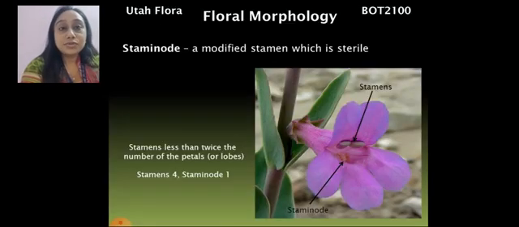After that, we have to know that not all stamens possess pollen grains. There are certain stamens which are sterile. They do not bear any pollen grains. Those kinds of stamens are called staminodes. Not stamen but staminode. So a flower may have some functional, fertile stamens producing pollen grains, and there might be some stamens or staminodes which are sterile. They are not producing any pollen grain. But it cannot be that a flower has all staminodes. It cannot be like this.